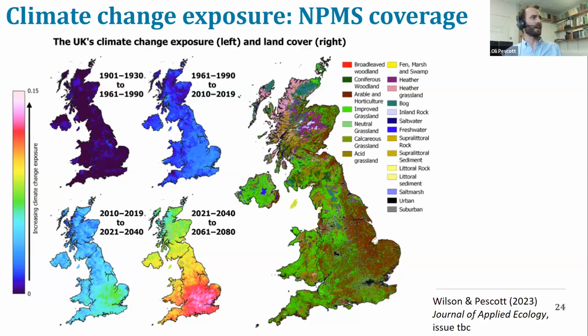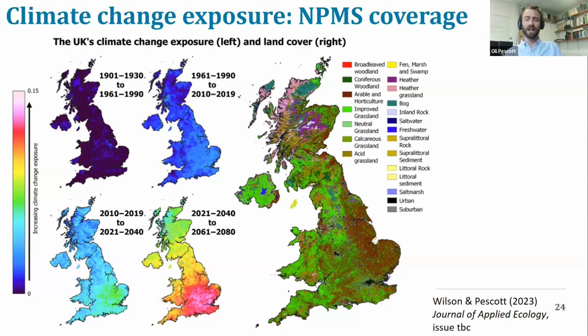And what we've done in terms of looking at likely climate change in NPMS plots is to take climate data for the UK. Now, the UK is exceptional internationally in terms of the length of its observed time series and the sophistication of its modelled outputs for the future. And so we're extremely lucky, and we have climate data going back to the 19th century and even beyond now, I think, in terms of things like annual precipitation, seasonal precipitation, annual temperature maximums, seasonal temperature maximums, minima, things like that. And we can take all of this information, which is what we did, and come up with an index